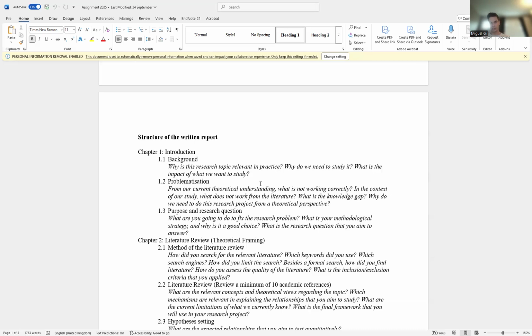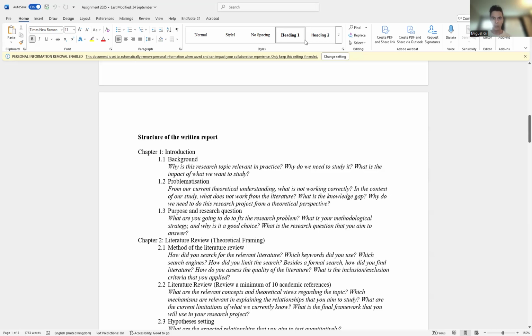And remember, I already told you that for this project, the research questions are very simple. For the quant part, it will be: what is the relationship between the independent and the dependent variable? And for the qualitative part: how and why is the independent variable related to the dependent variable? So it's a very simple formula. Maybe later we can improve that if necessary. If not, that works. I think it's a good research question. Simple. It will guide you through the whole thing, quant and qual. You cover everything, but we can improve later. But you can start from there.